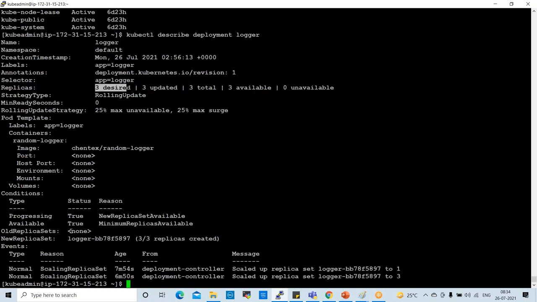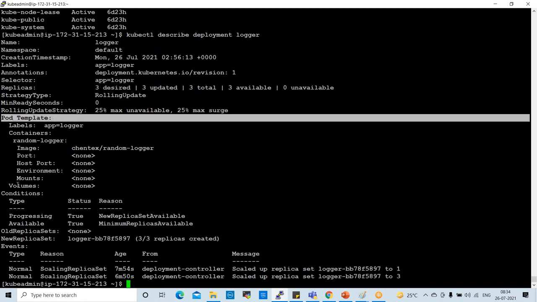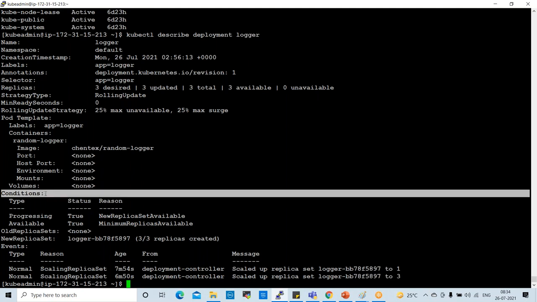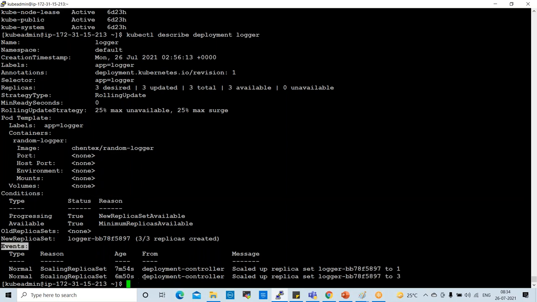So like this, we can check all these things, and pod template, volume, conditions, and events. See here, events also we can check like this. Deployment controller scaled up replica set logger from 1 to 3. 3 replicas we have scaled, right?